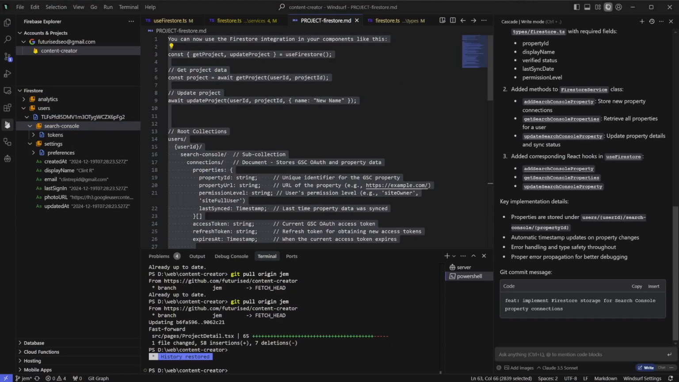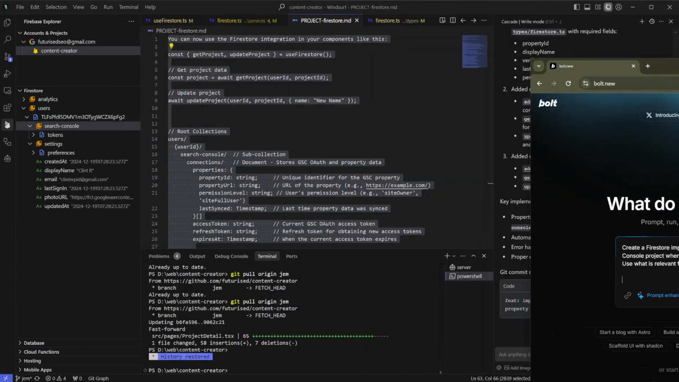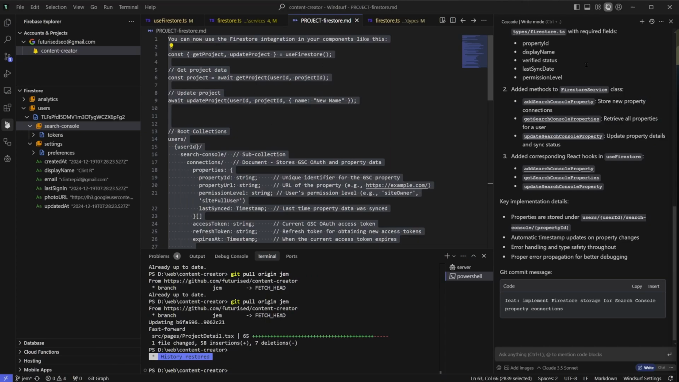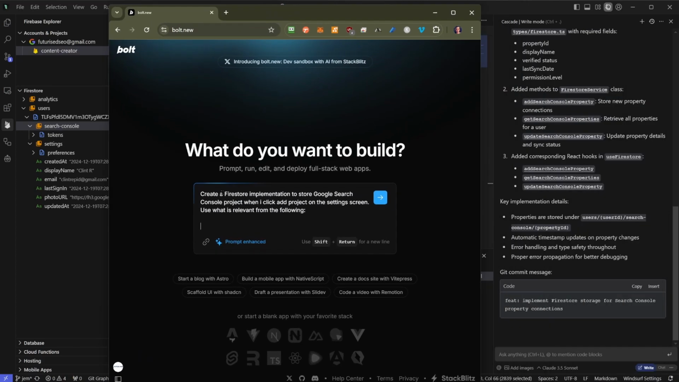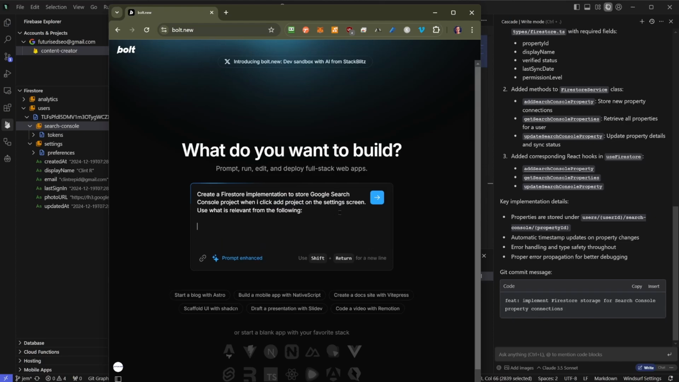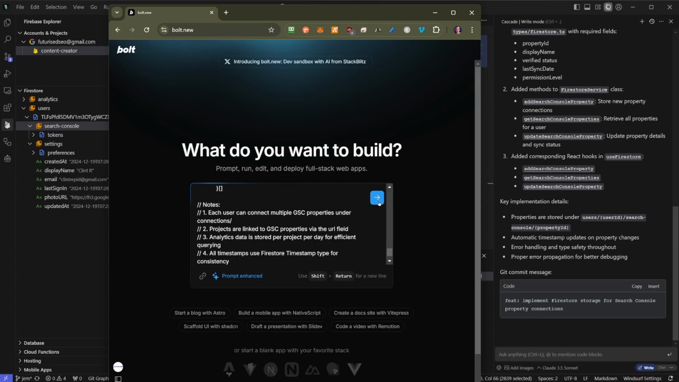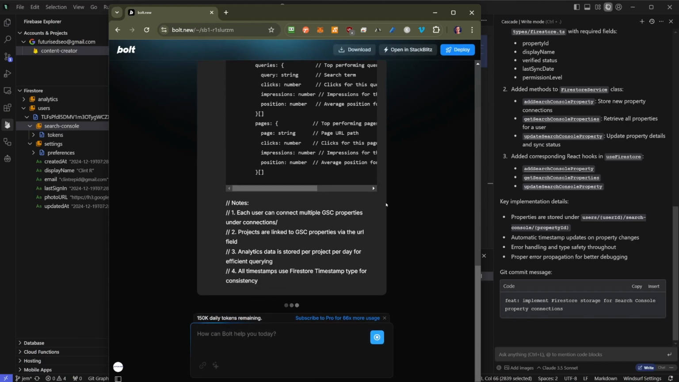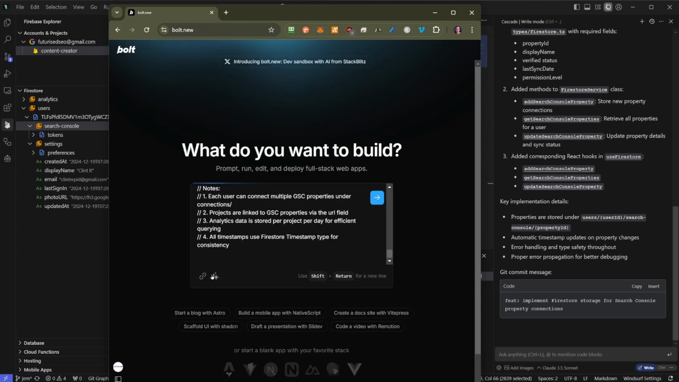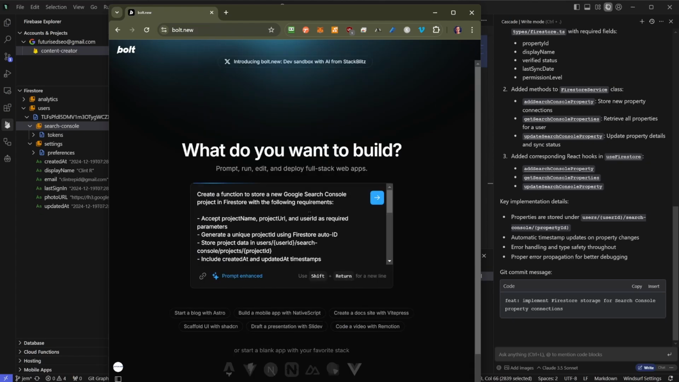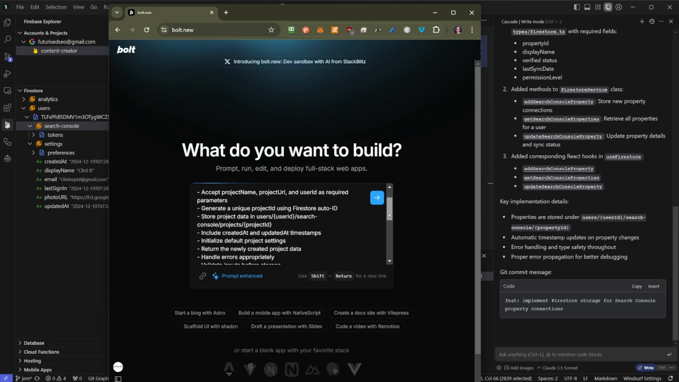I'm going to try something different with the prompt improver. I'm just going to take the entire contents: create a Firestore implementation to store Google Search Console project when I click Add Project on the settings screen, use what's relevant from the following, and then I'll paste. See what it can do with this. So I pressed the wrong button. I want to press on this prompt improver